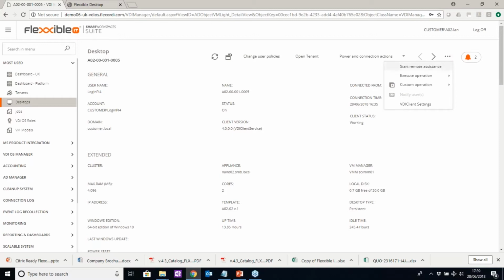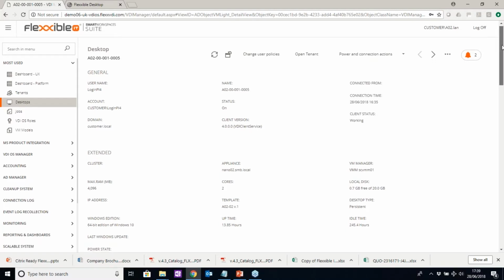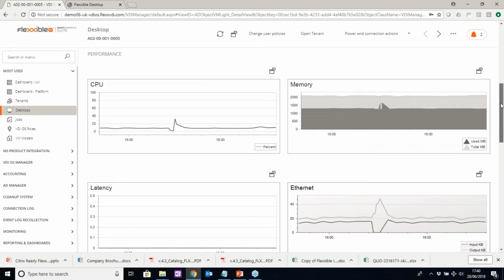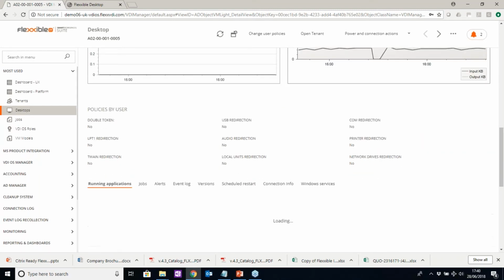You can also, if I scroll down, look at performance metrics. Specifically for this desktop, I can view the policies that are applied to this user. I can view running applications. In this case, this is a demo center that I'm currently running applications on, but I can view those applications and I can kill a process directly from this screen. I can look at the jobs that have been completed for this user. I can view recent or active alerts, drill directly into an event log,